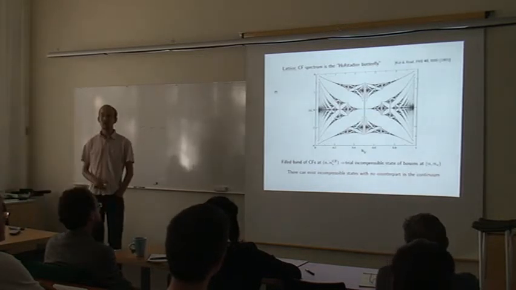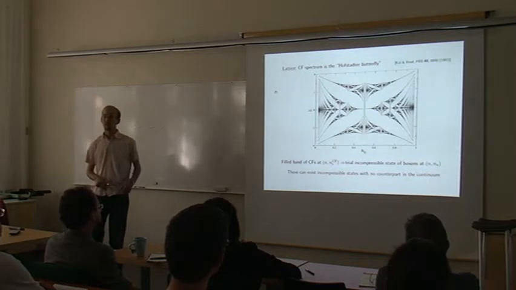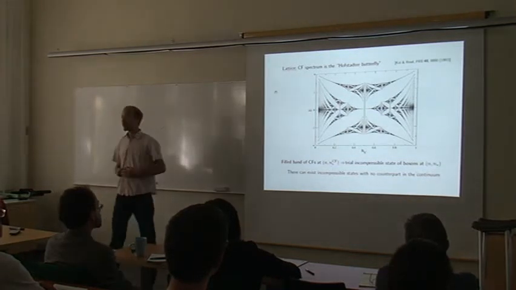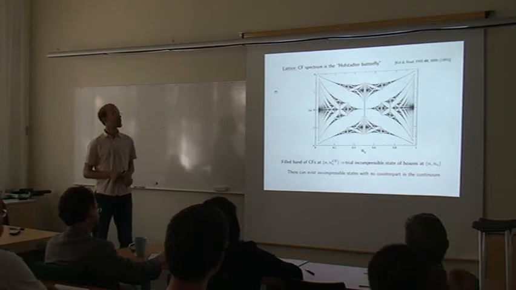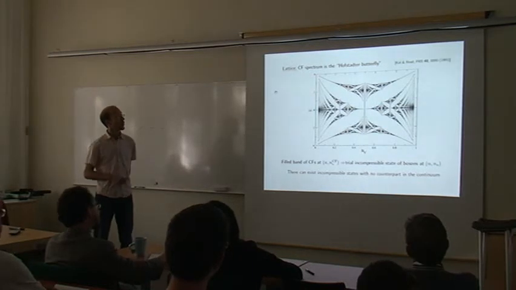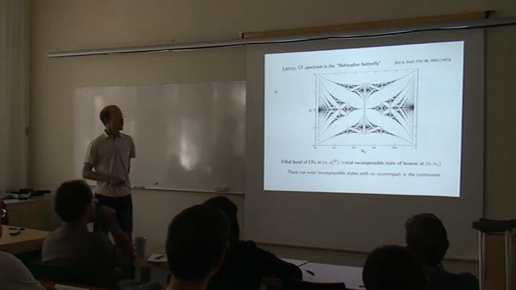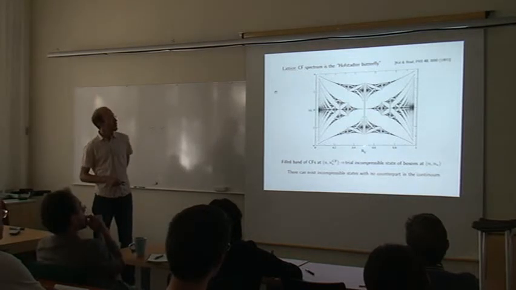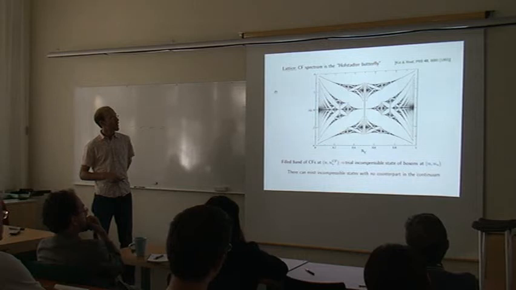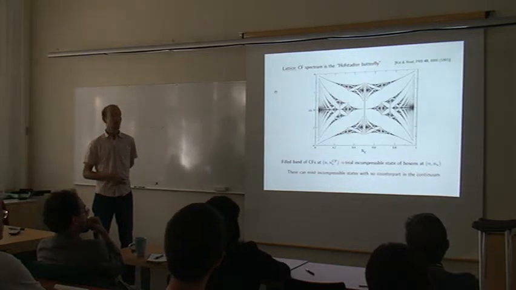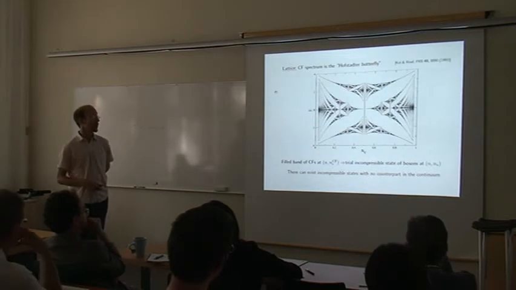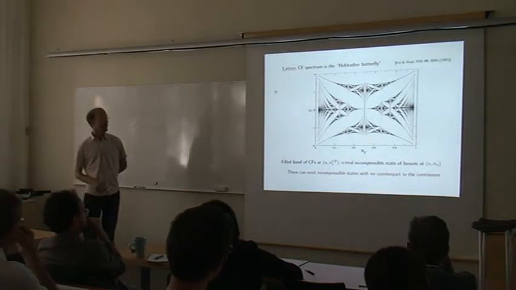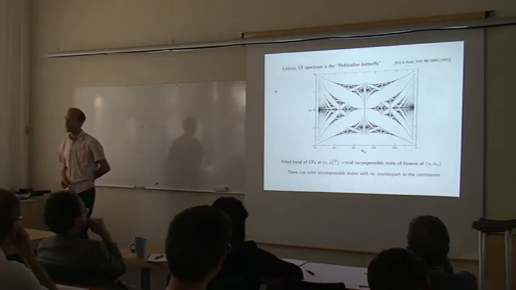Okay, but now the composite fermion spectrum will not be the spectrum of the continuous particles in the continuum magnetic field, which are Landau levels, but it's going to have these splittings of the bands as described by the Hofstadter butterfly. And so as there are new gaps appearing, for example this one here or this one here, we could expect that there are new incompressible states also associated to these new gaps. And so there can exist incompressible states with no counterpart in the continuum.